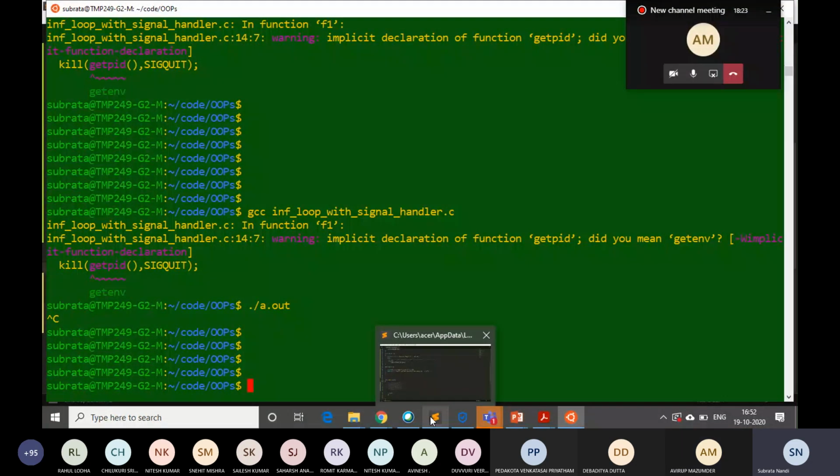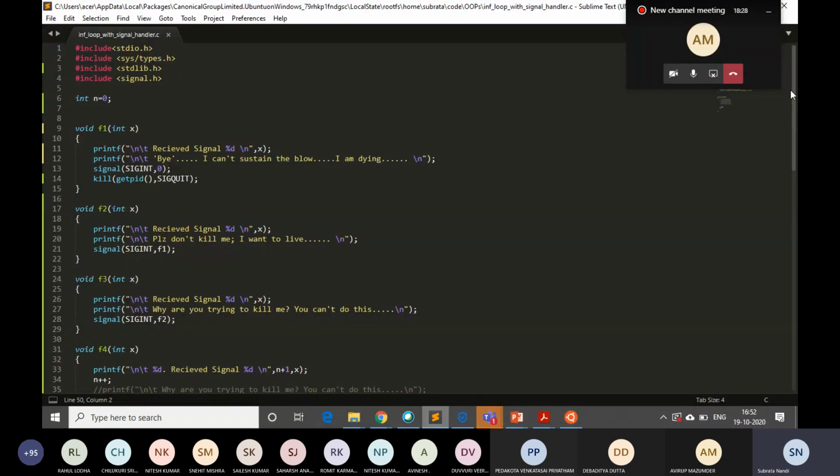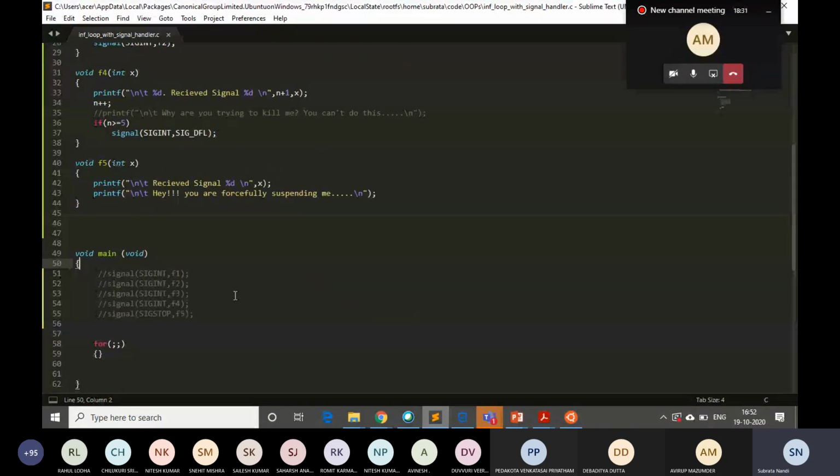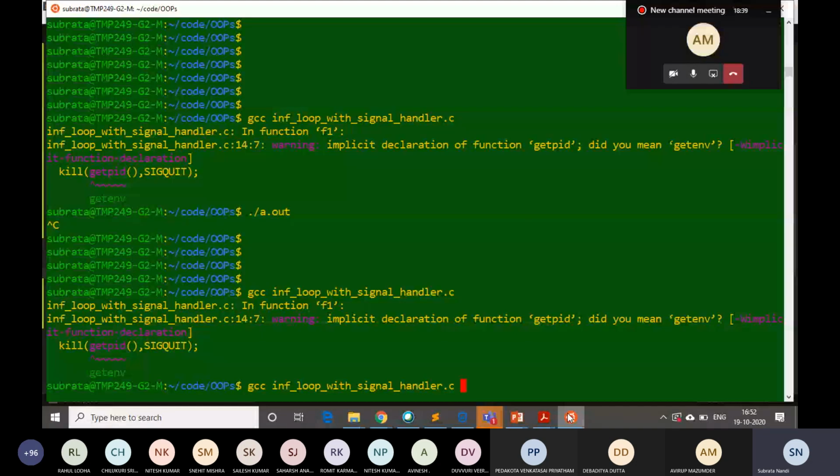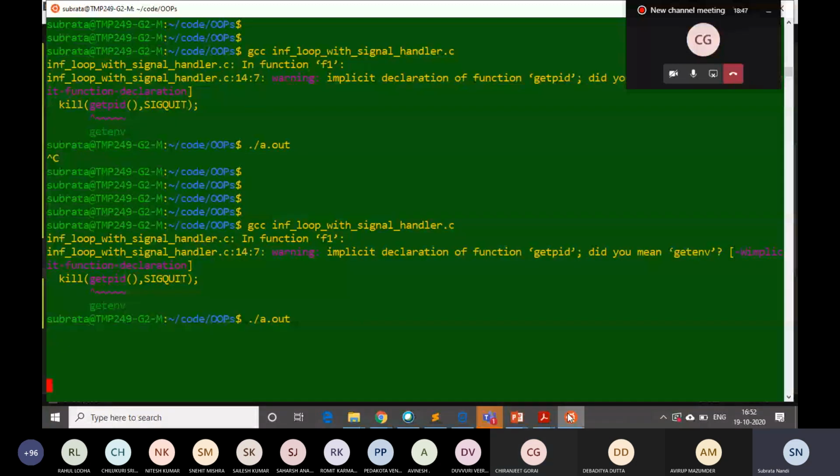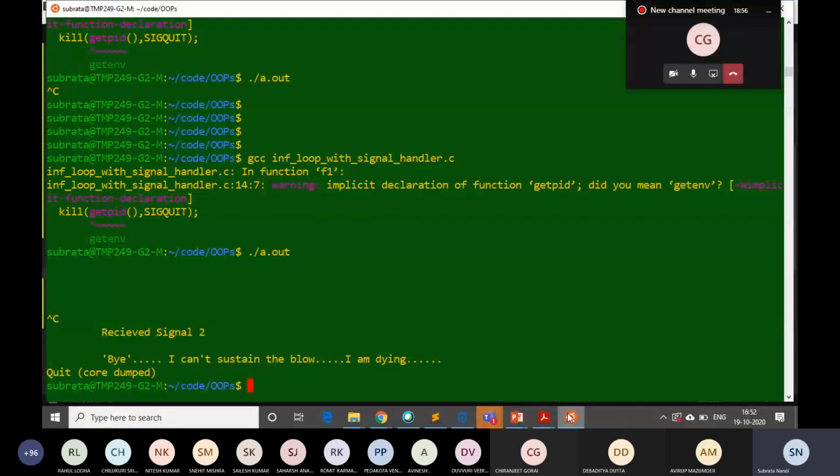So if I make some changes, for example, I do something, and I'm coming to the details later on. I do some changes, and again I compile. Now if I press Ctrl+C, what do we expect? Now you see I do the same, I type the same keys Ctrl+C, but instead of